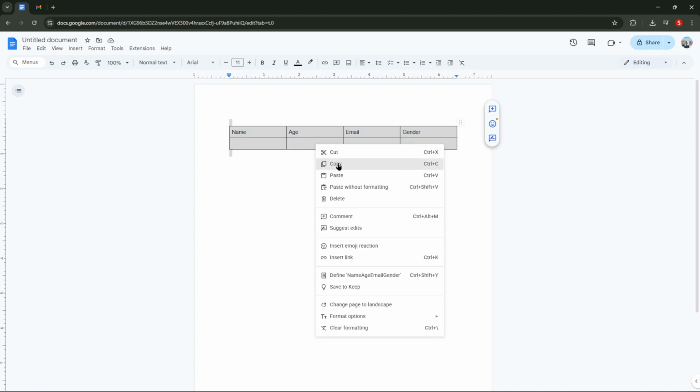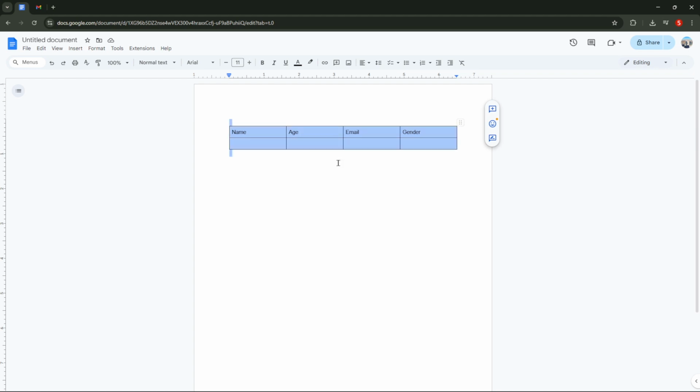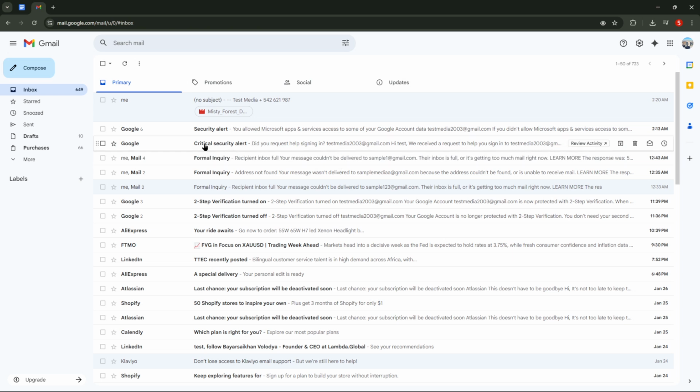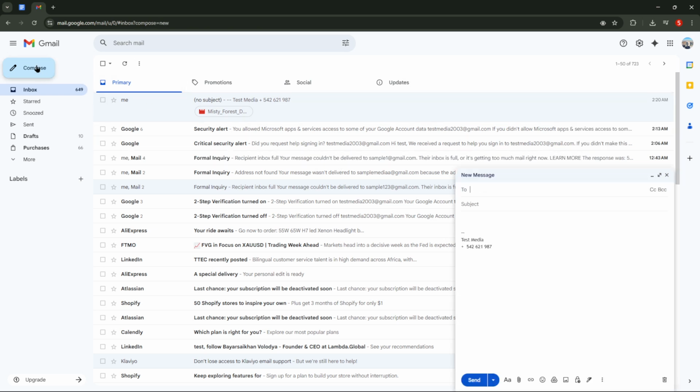Open Gmail in a new tab and sign in if you aren't already. Click the Compose button at the top left to open a new message window. Click inside the body of the email where you want the table to appear, and paste. Gmail will keep the layout, borders, text styling, and most colors from Google Docs, so it should look very close